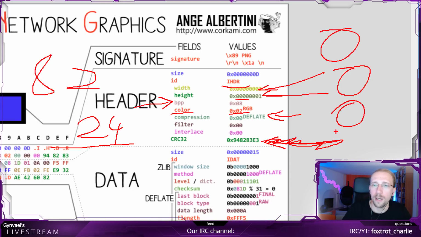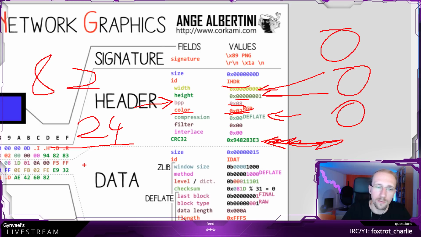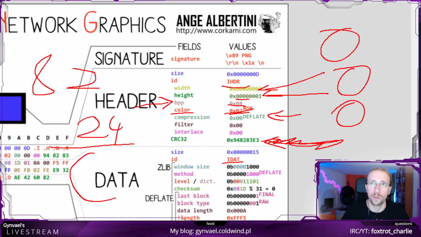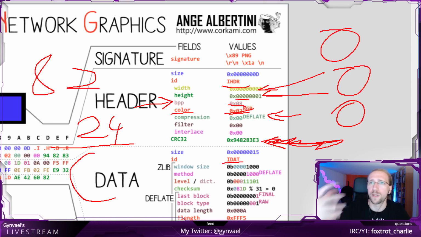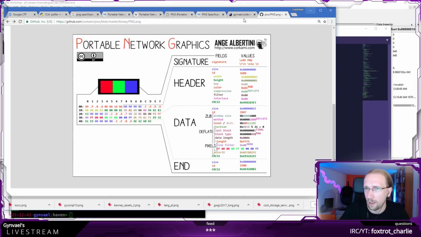So we should get 2 bytes from here, then probably 1 byte here, 1 byte here. That gives us already around 6 bytes. Then this actually suggests that there's an IDAT section afterwards, but that's not really true. There could be a number of sections after that, so we do need to take that into account.